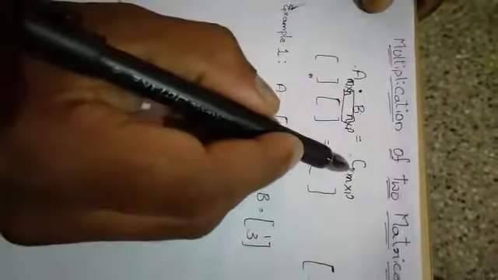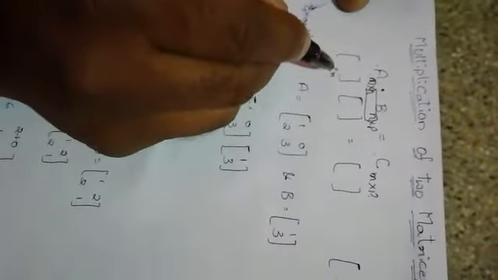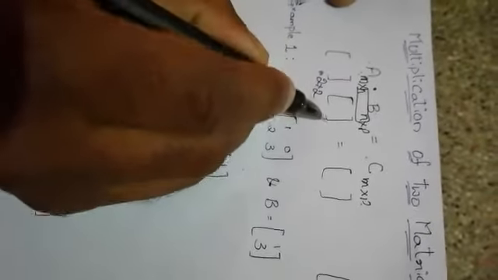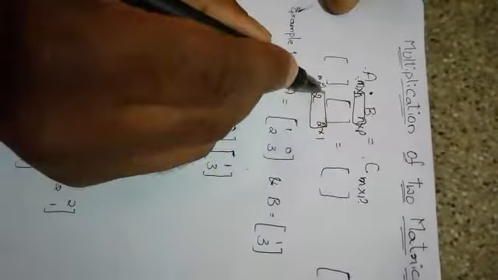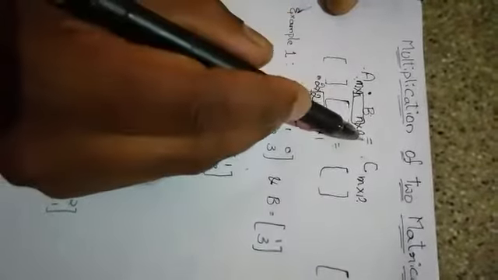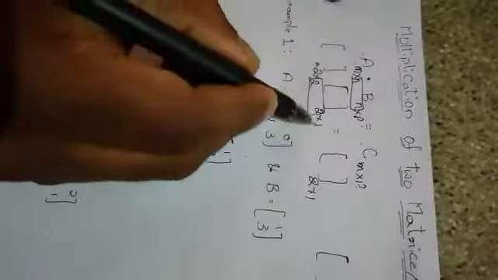Then what is the resultant matrix if it is possible? So m and p are the remaining numbers, so the order of the resultant matrix will be m by p. Let's go for one example. Suppose the order of matrix A is 2 by 2 and the order of matrix B is 2 by 1. Then you can observe that these two numbers are the same, so matrix multiplication is possible. Then the resultant matrix will be 2 by 1, the remaining two numbers.